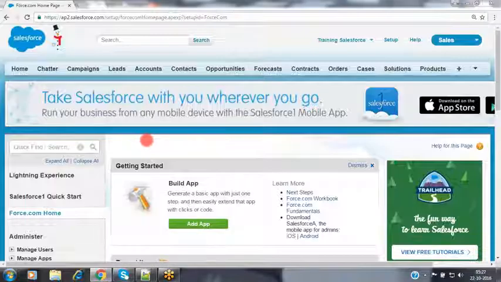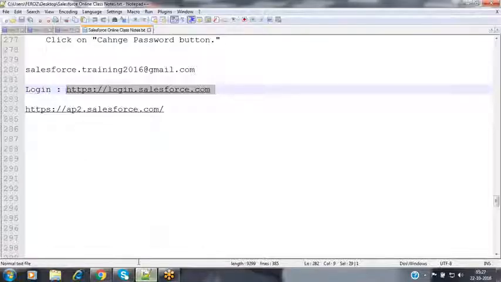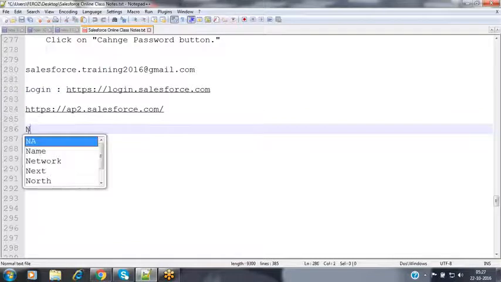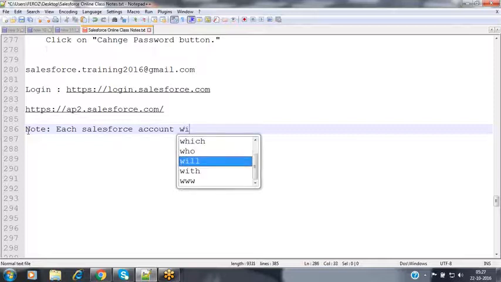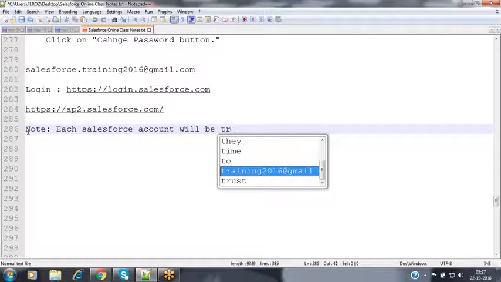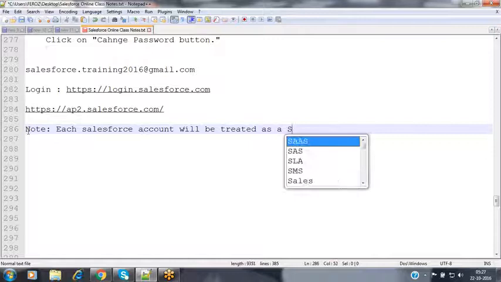Now, let's see. We can make a note of it. Each Salesforce account will be treated as a Salesforce organization.